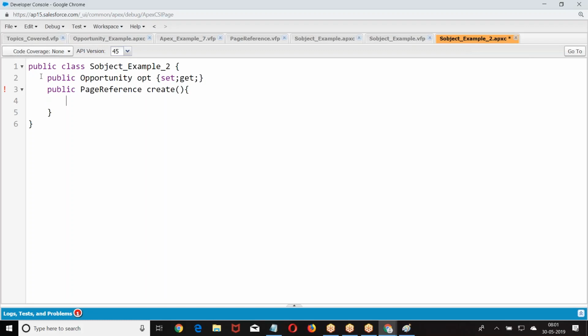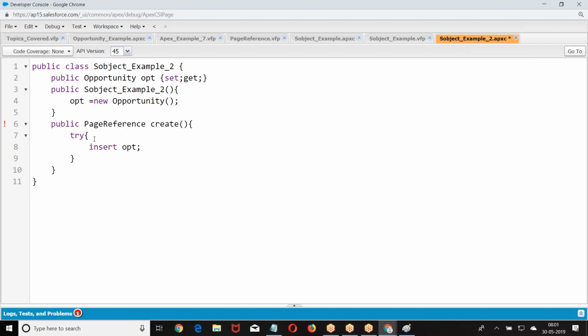Then what you are supposed to do? Right. Now I was supposed to initialize the memory first, right? Otherwise it's going to be null. If I don't initialize the memory, it is going to be a null. Right?